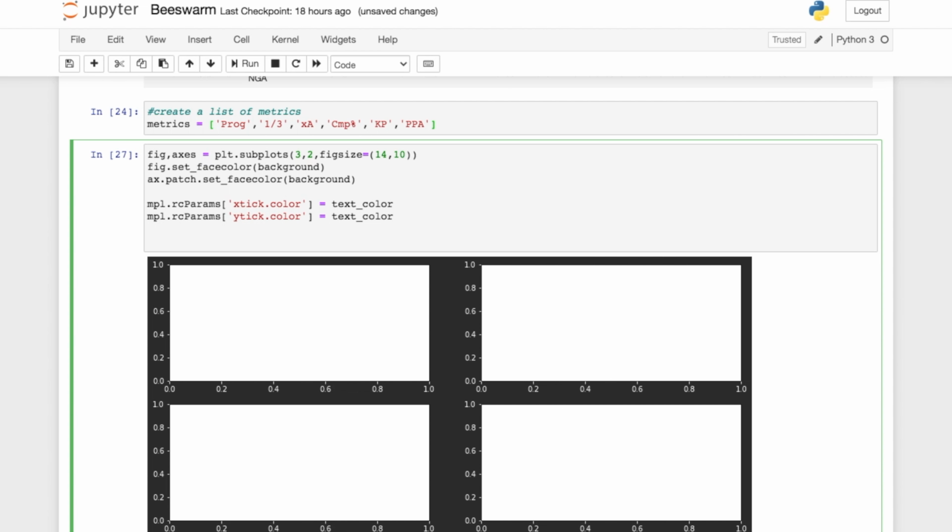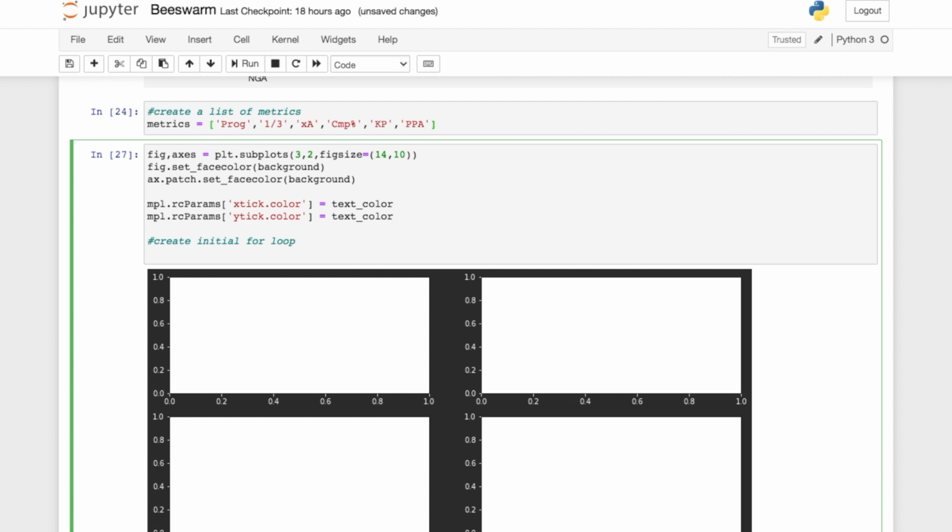So we're going to create our initial for loop. We're going to say for i, ax in zip, and then we're going to use a column for that we're going to loop over essentially. And we're going to say df2 player, and then we'll do